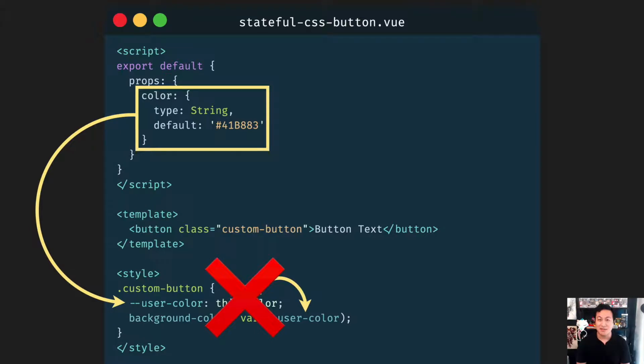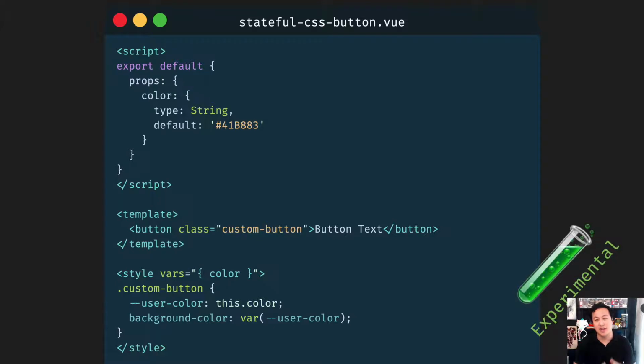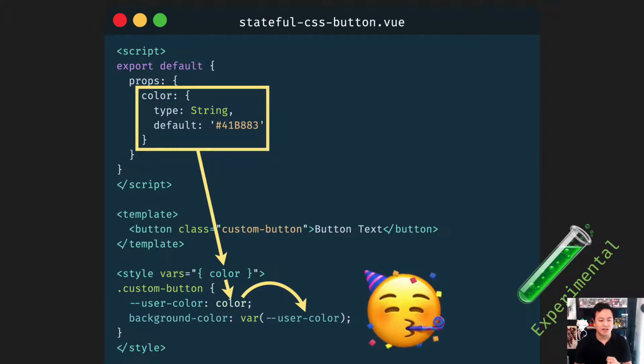But I'm excited to say there's a new experimental feature coming along that is going to allow us to define variables inside of our style block that will then actually take the value from our script block. So you can see here that we have our color prop that passes down into our variables, which then passes into our CSS variable for color, which then you can